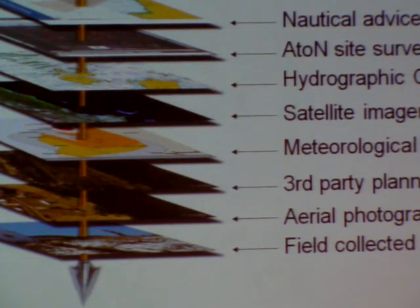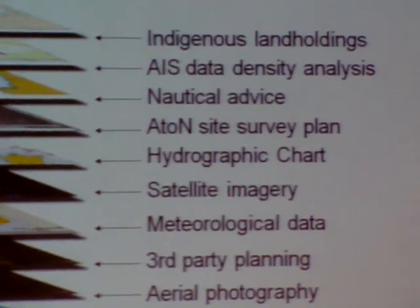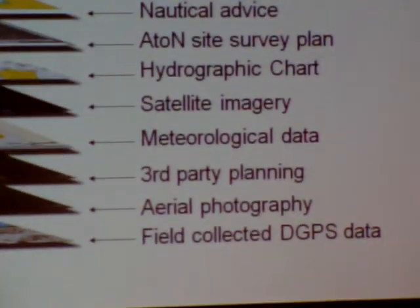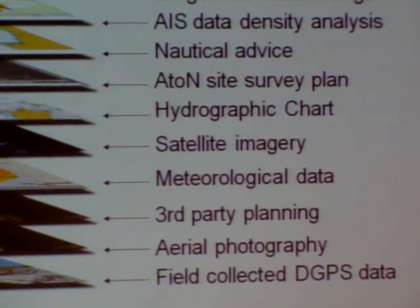Here is a model displaying the types of layers of information that you expect to have in a GIS, but what I've done here is adapt it to what AMSA has actually been using, particularly from an ATON perspective, but also more broadly in the organisation. So it can be information as diverse as